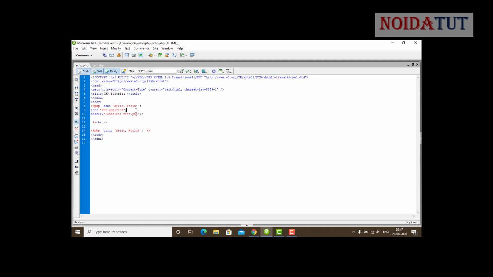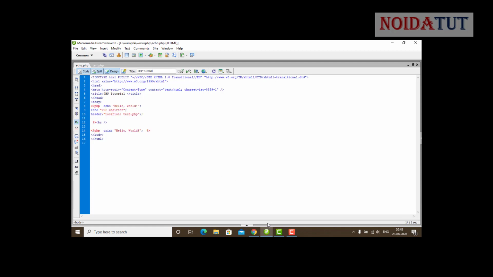Due to header modification and the local server, these codes are only executed on the local server. When you work on an online server, and I work every day on several projects online, such codes give an error. Now you can see that this is test.php, and in this it is going to display hello world PHP redirect.